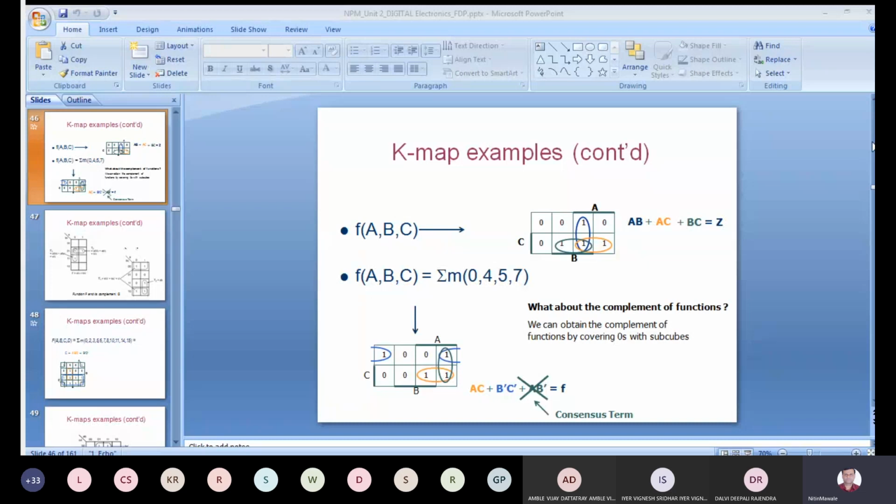You should make sure whether you are solving SOP form or POS form. For SOP form, always take an individual term as a product term, then 0 is nothing but a complemented variable, 1 is nothing but an uncomplemented variable. Sorry, for a canonical SOP, 1 is a complemented variable, 0 is uncomplemented. Exactly opposite to POS. And then next, the individual term in POS form is a summation term.